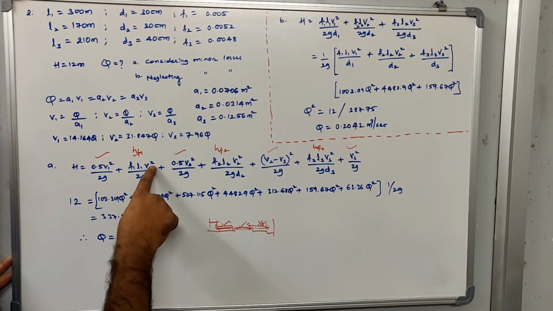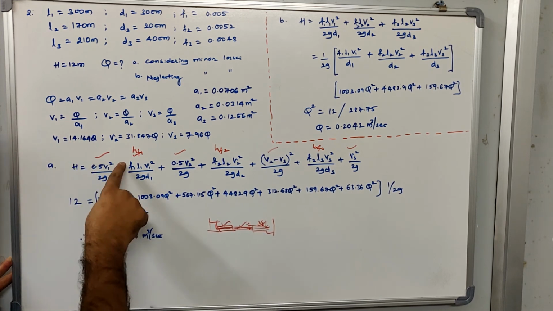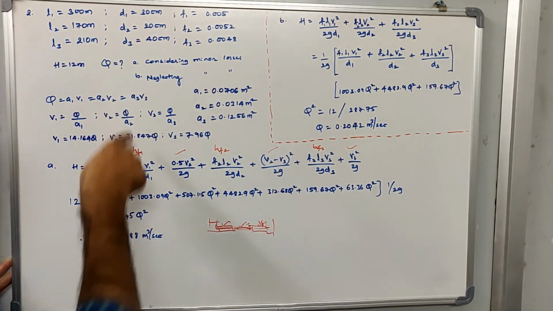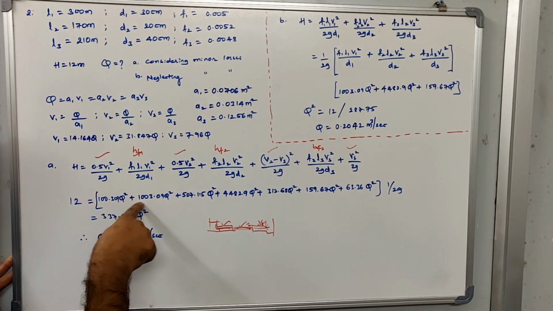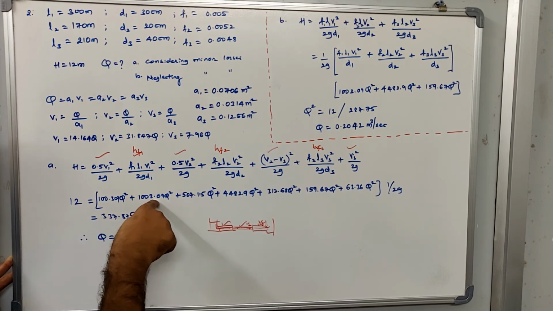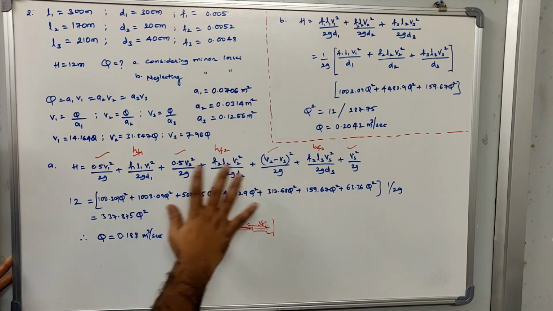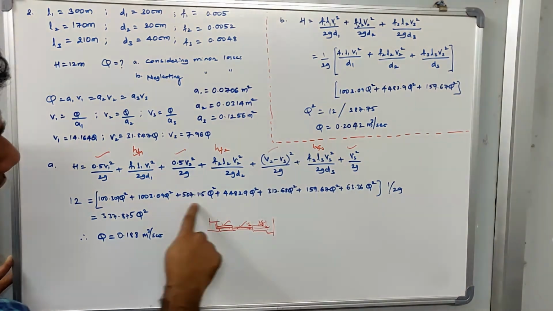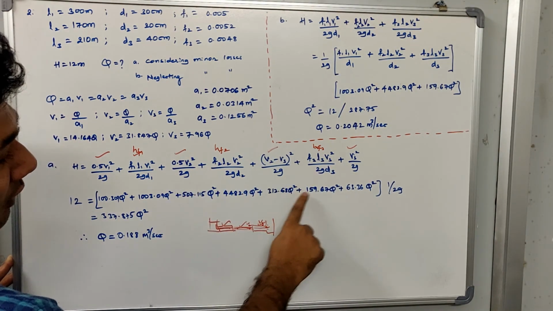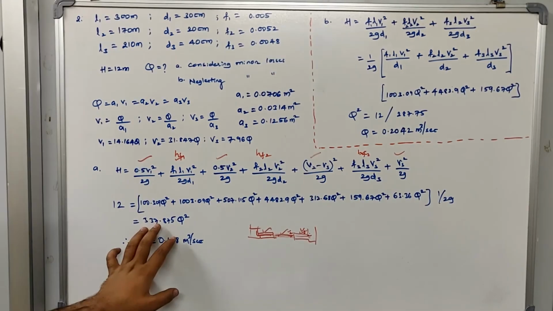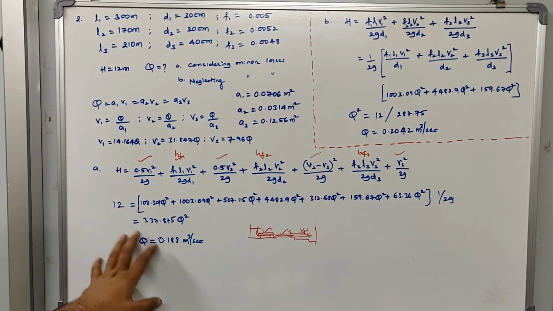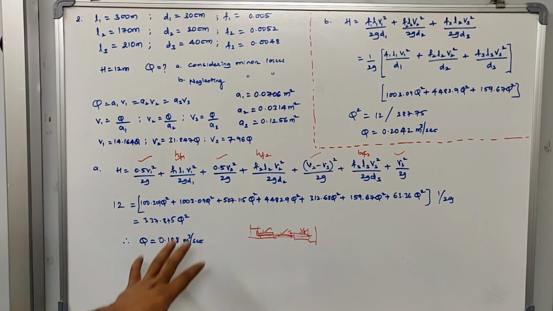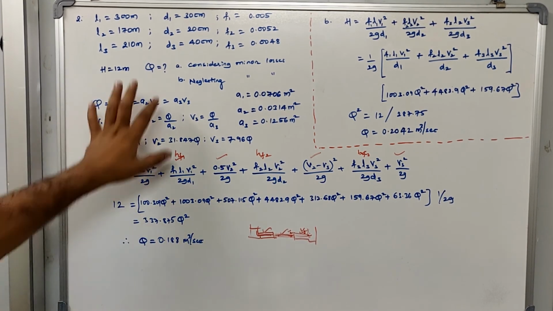So what is V1 square? V1 square is again 14.164 Q squared. F1 we already know, L1 is already known, D1 is already known, so substitute those values in this equation and solve it. By solving that I got 1003.09 Q square something. I have done a similar thing to all the terms. I keep on substituting the velocity in terms of discharge, and I have determined the terms in terms of the square of discharge itself. As we know the left hand side is 12, and solving this you will get to know how much is the discharge. This is the discharge calculated considering both the minor losses and the major losses. So this completes calculating the discharge by the first condition.